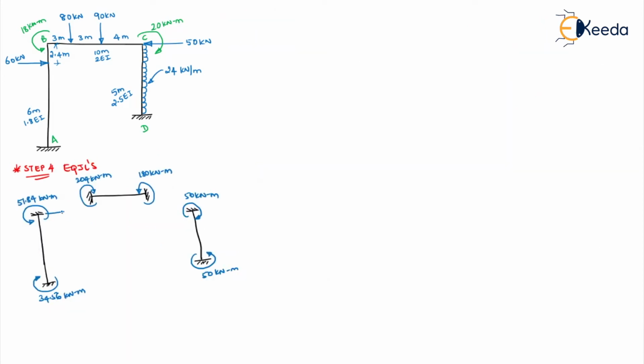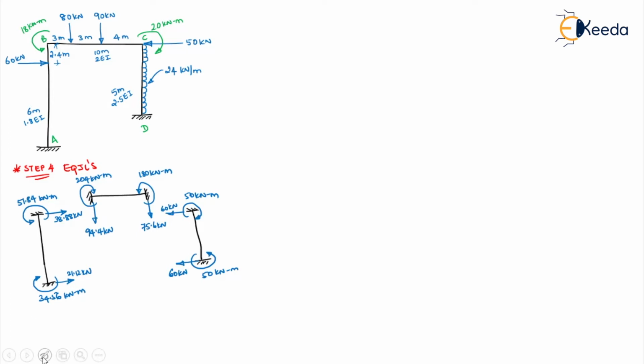So all reactions also we need to put. So this is like this, like this. This is downward, downward here. This is this way and this way. So how much are the values? 21.12 kilonewton. This is 38.88 kilonewton. 94.4 kilonewton. This is 75.6 kilonewton. Coming to this is 60 kilonewton and 60 kilonewton. Right. So these are your EQJLs.